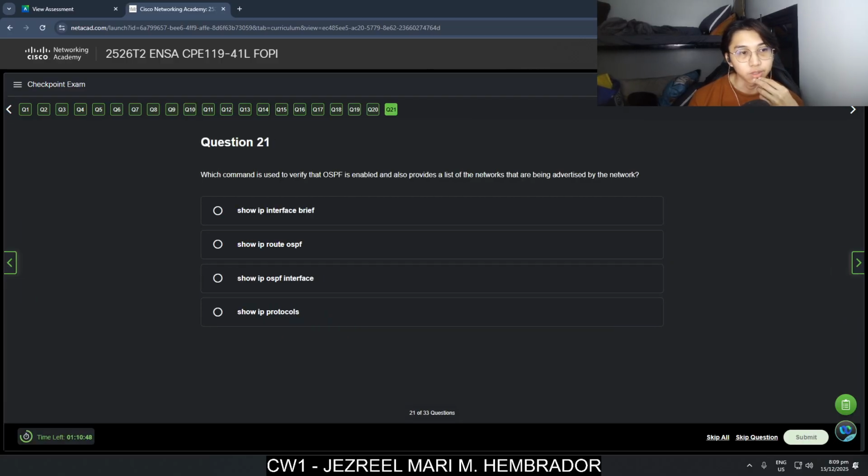Which command is used to verify that OSPF is enabled and also provides a list of the networks that are being advertised by the network? Show IP interface brief, show IP route OSPF, show IP OSPF interface, show IP protocols.